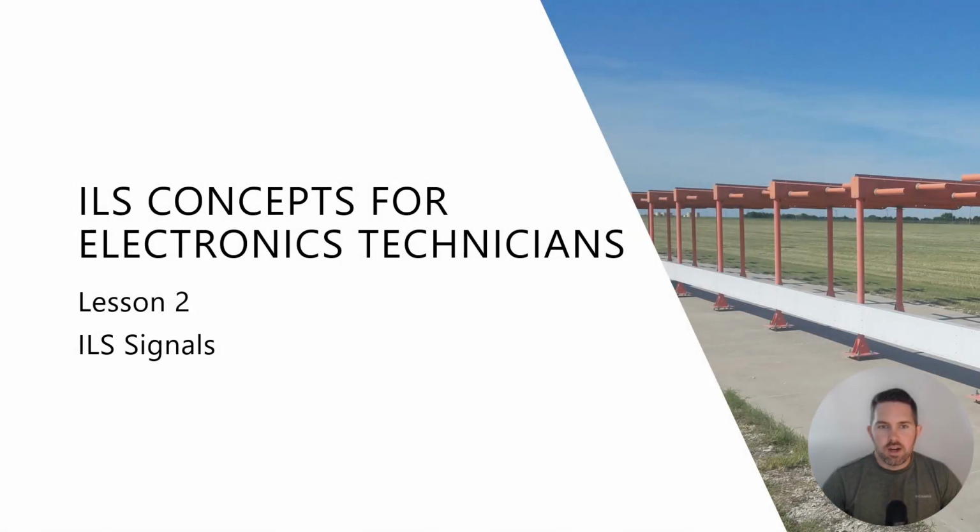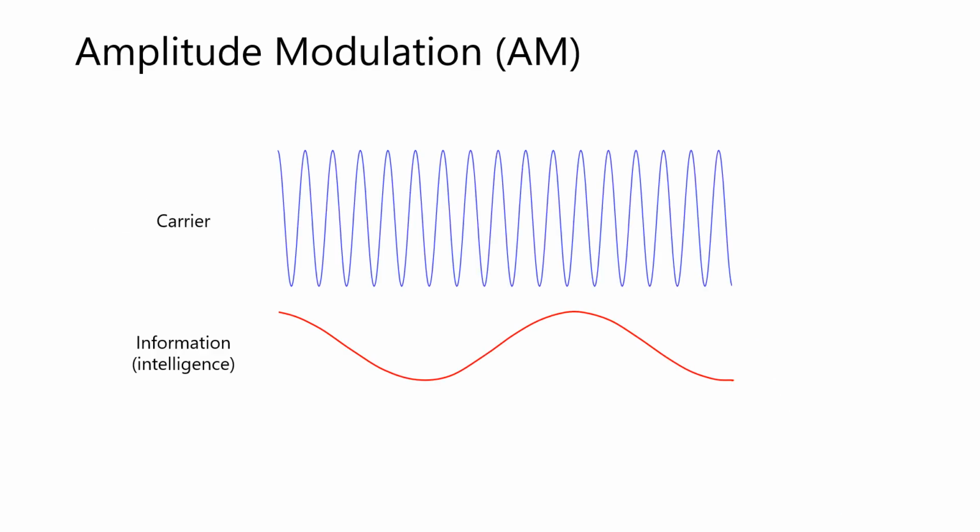Hey everyone, and welcome to ILS Concepts for Electronics Technicians, Lesson 2, ILS Signals. In this lesson, we'll discuss amplitude modulation, 90 and 150 Hz, the CSB and SBO signals, and lastly, DDM and SDM. Since the ILS relies on the concept of amplitude modulation, or AM, we must first discuss the basics of